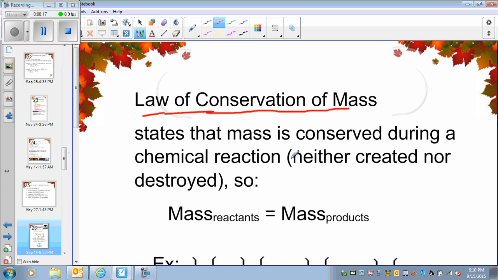Mass is conserved, and it can convert into other things, like in the E equals mc squared definition, where energy can be converted into mass and mass can be converted into energy. But with mass, you cannot lose anything, you cannot create anything. So whatever we add on the reactant side in a chemical reaction, we must get